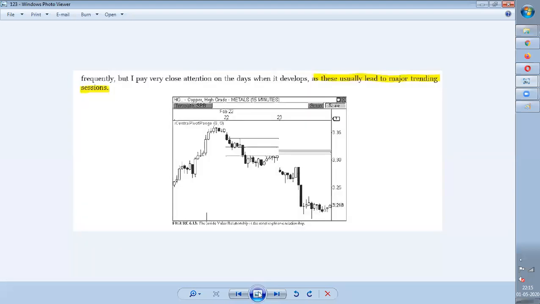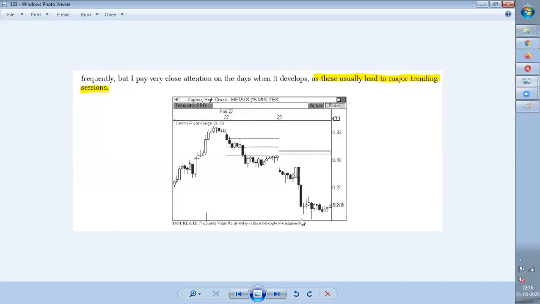this is the current day CPR, which is very, very narrow. And this is the previous day CPR, which is very, very wide. If you see, the current day CPR is here and the previous day CPR is there. The candles moved and closed near the previous day CPR. And the next day, it opened below the range and started moving down, which gave a trending day.